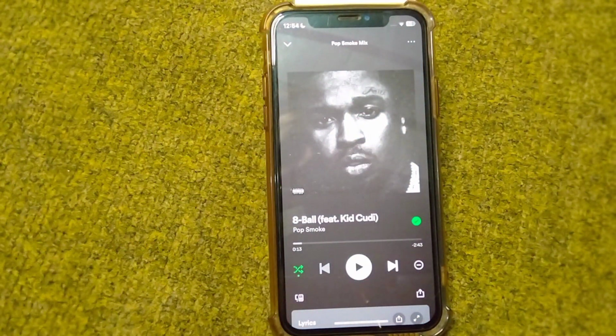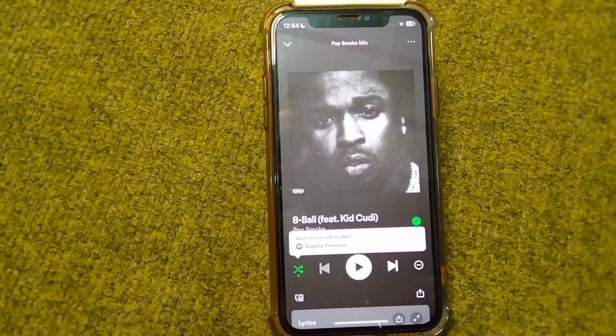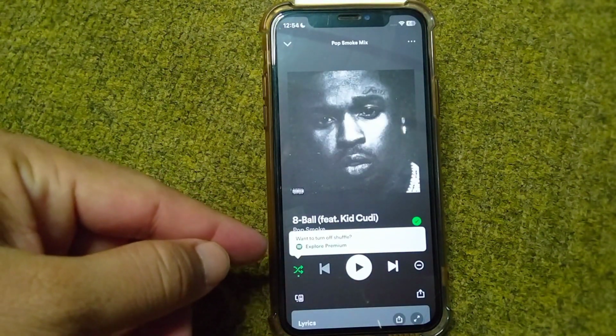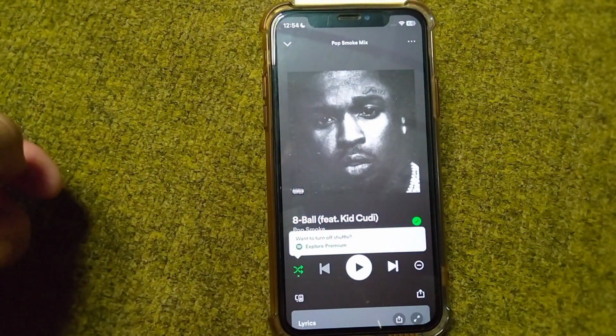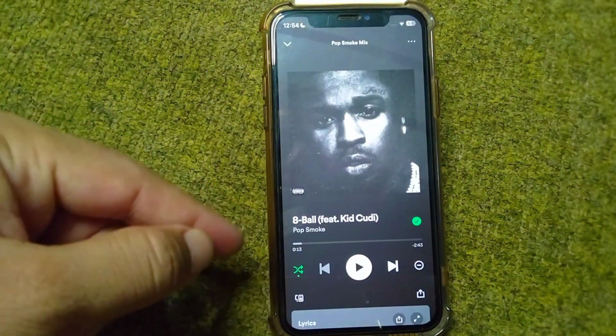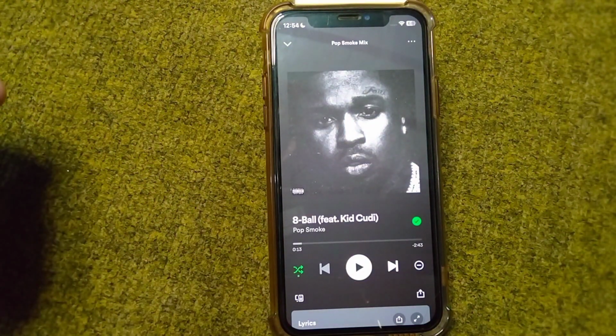So after this you will have to simply tap on this random play or shuffle play button. So if you tap on random play or shuffle play, you will get this pop-up that says to turn off shuffle, you will have to explore premium. So if you want to turn off random play or shuffle play in Spotify, you will have to get a